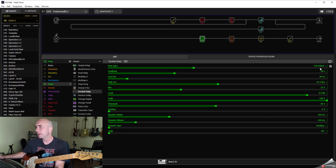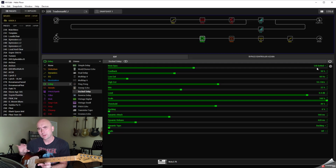I found when I set it to the tempo of 170, which is roughly around what Trademark is at, a dotted eighth note rather than an eighth note or a quarter note. When I had it set at a quarter note or an eighth note, I found that it didn't give the sound I was hearing from Eric's tone in Trademark. So by going to the dotted eighth note, it kind of gave that off-kilter kind of thing where it made the delays more obvious, which is something I don't usually do, but it seemed to match what Eric was doing